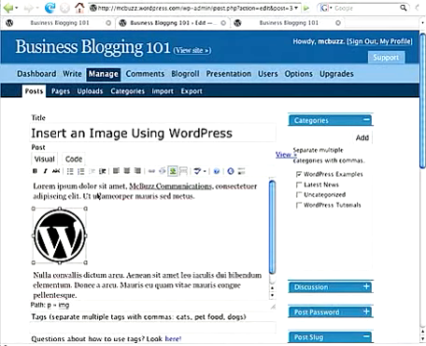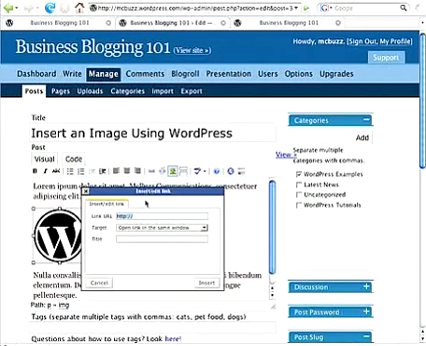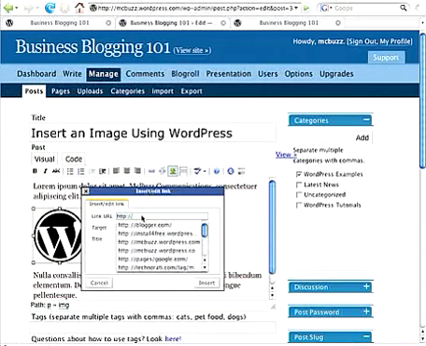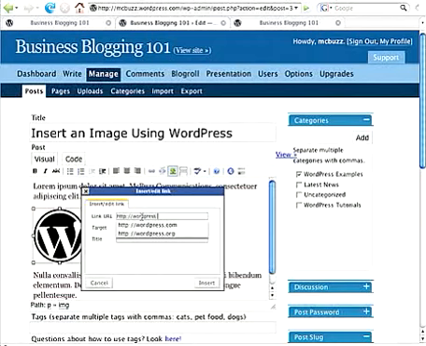I click on the image, I go up to the insert link button, just like creating a link out of text, except I'm selecting the image. I'm going to click on that insert link button. Now I can put WordPress, whatever I want here. I can copy and paste a URL in,